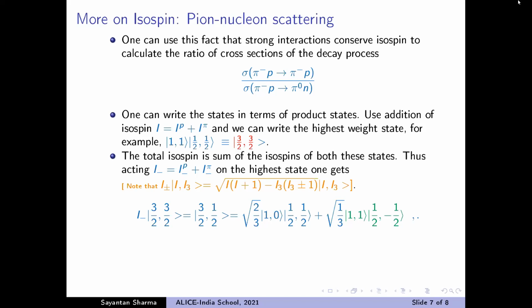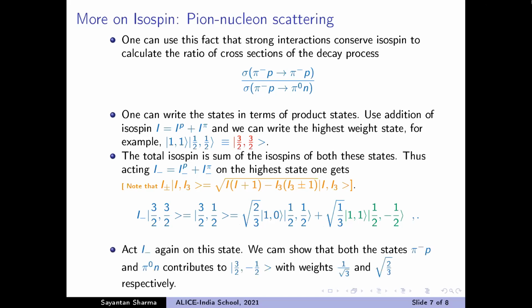So this green state plus neutron. Yeah, this is a pi plus and a neutron. Now we want to calculate what will happen to this cross section. So I need pi 0 and a neutron. Then you have to act the isospin lowering operator again on these states, because the blue state is 1, 0 and half. This 1, 0 is nothing but your pi 0 and the proton. You need a neutron state, so you have to act the I minus again on this. And then you can show that